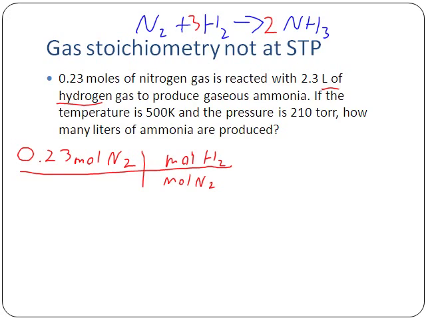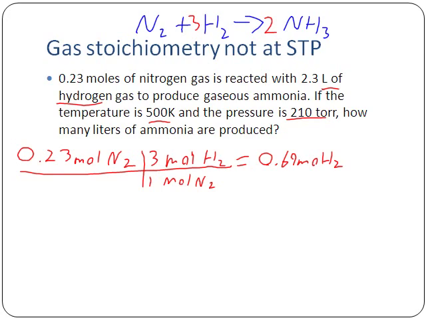We want to go to moles of hydrogen, which is the one we're trying to see which one limits. We see that hydrogen has a coefficient of 3, nitrogen has a coefficient of 1. And so when we do this, we're going to find that we end up with basically 0.23 times 3, which should be 0.69 if I'm thinking correctly. Hope I did that right. So 0.69 moles of hydrogen gas. And so at this point, once we've got that, we see once again, is it going to fit with the 2.3 liters? Well, to convert to liters now, because of the fact that it's at 500 K and 210 torr,